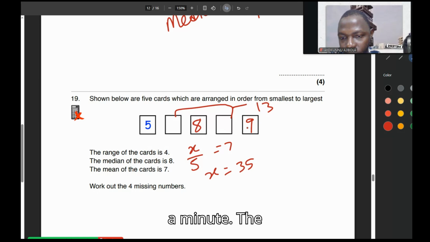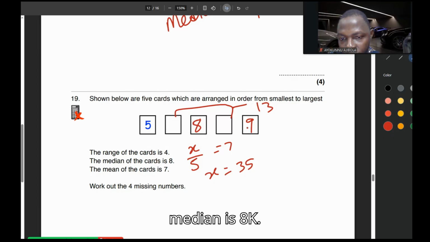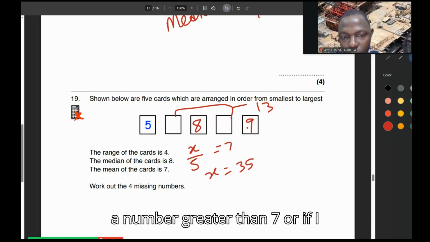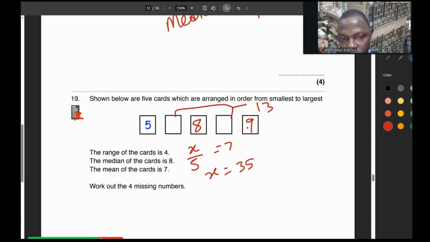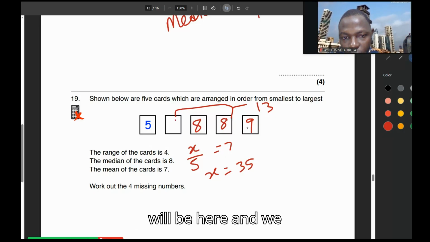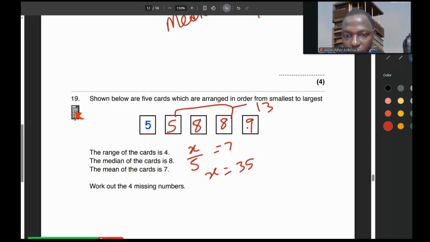Okay, wait a minute. The range is 4. The median is 8. And the mean is 7. Now we need a number greater than 7. Or if I put 8 here again, then 5 will be here, and we will not get